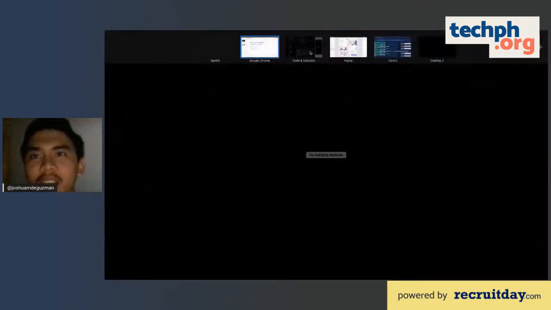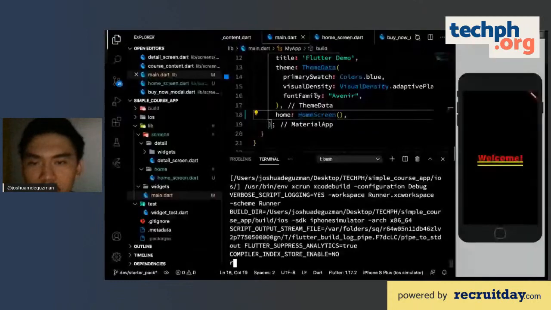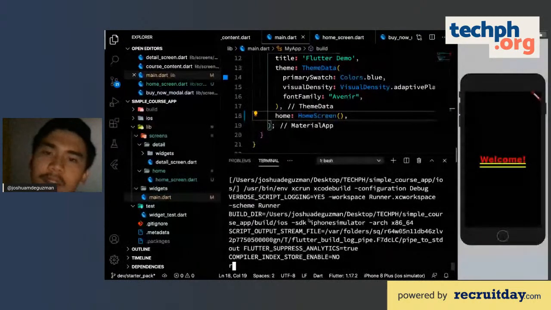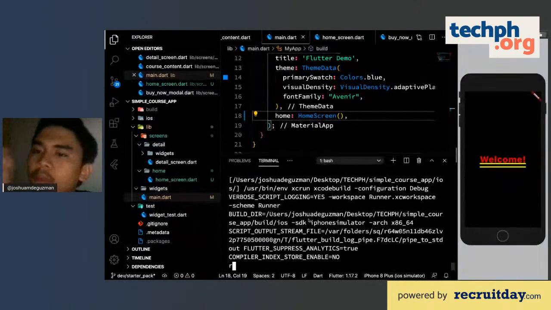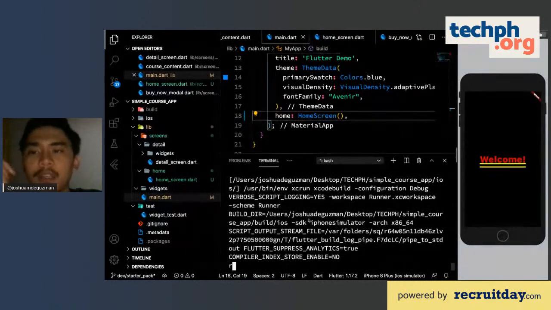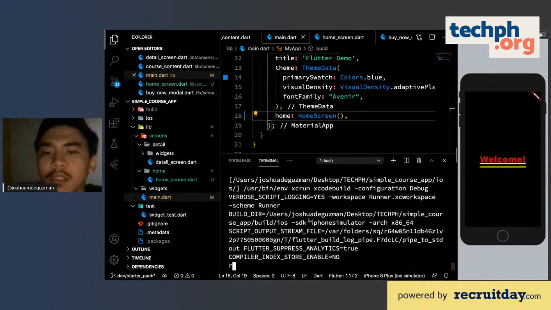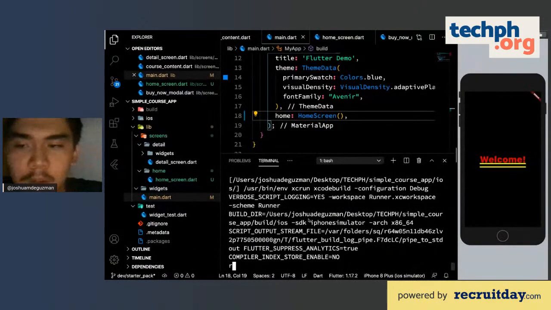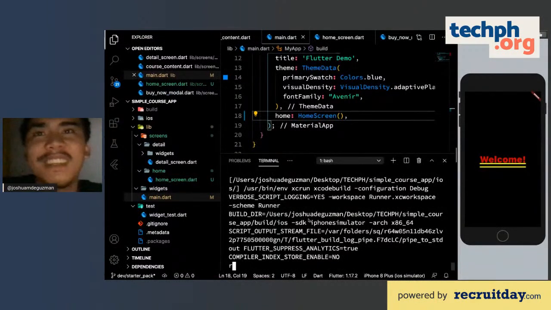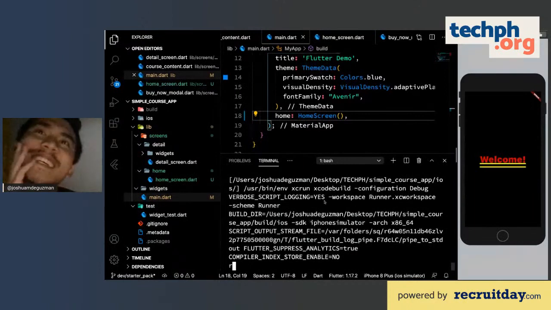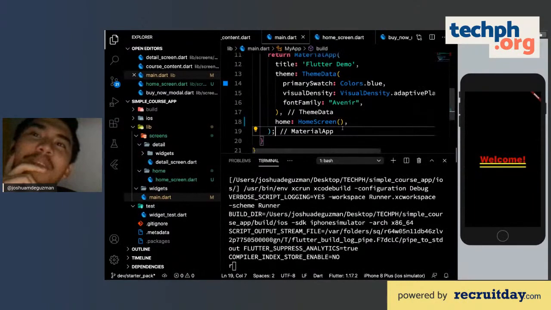Nonetheless, this is just the first time that this is slow, because as the Dart code gets cached and saved in the VM, other changes during hot reload should be fast enough for you to be able to see the changes. Probably this slow compilation happens to me because I haven't restarted my laptop for 2 days now. Great. So we're still building.